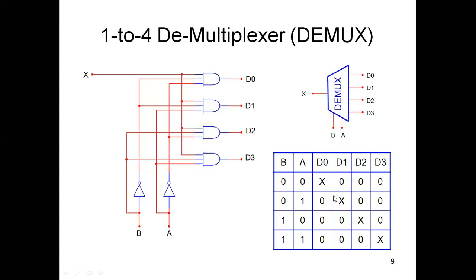Why did we put a don't care condition here, is it understood? Is it clear why we consider only D0 as the don't care condition? Is it clear or not?